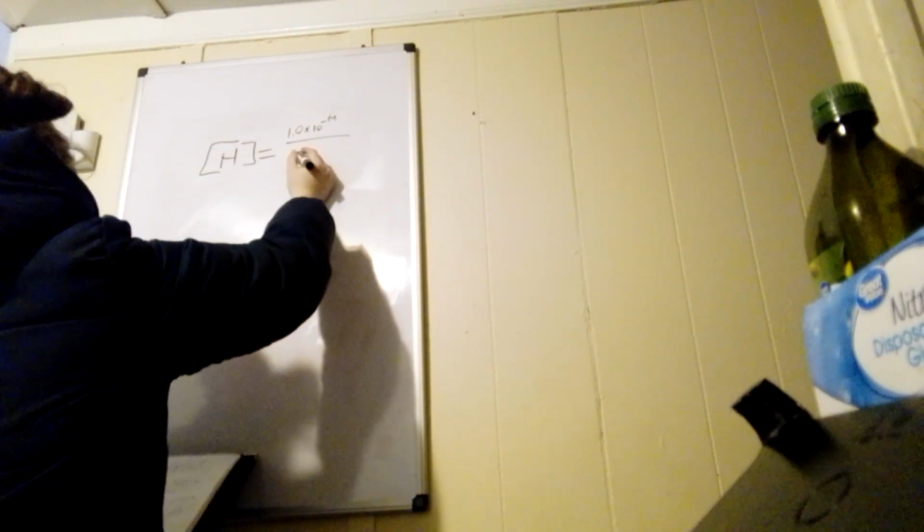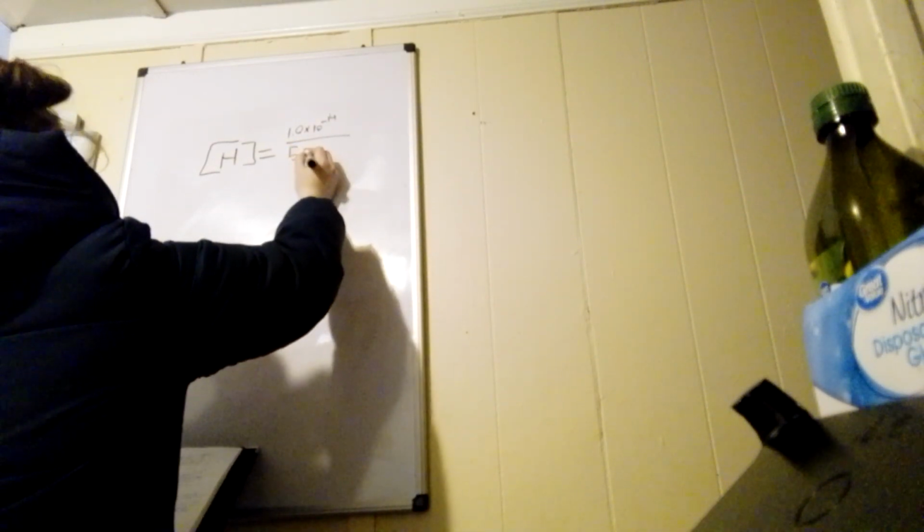This is where you need to make sure you have your KW for your problem, which is going to be 1.0 multiplied by 10 raised to the negative 14 over our OH concentration. In this instance, it is 5.7 multiplied by 10 raised to the negative 5 concentration,